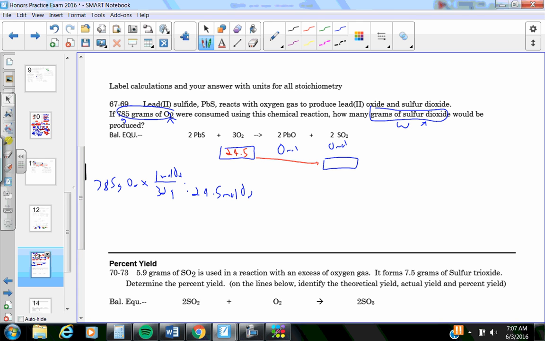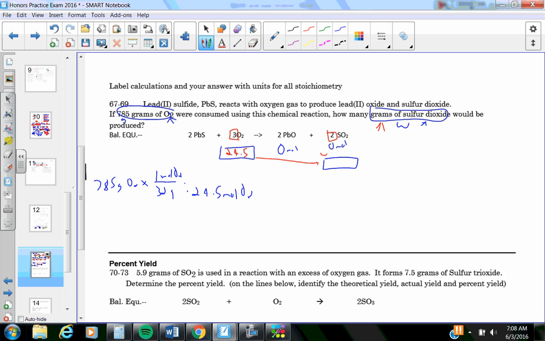So I'm asking myself, how many moles of sulfur dioxide? I know they're asking grams, but I've got to get to moles. I need to know that first. I want to know, that was a W, of sulfur dioxide. So check the mole ratio. If 3 moles of oxygen results in 2 moles of sulfur dioxide,